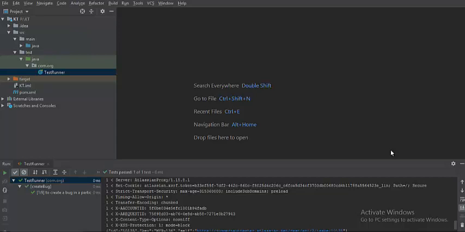So, in our last lectures, we have executed the test cases from our integrated development environment. We have seen all the different features that are there in Karate. We have seen parallel execution and reporting, and we have worked with a couple of applications. We have learned Jira and ServiceNow, how to interact with them and how to do different API calls: get, put, post, and delete, and all that we have seen.